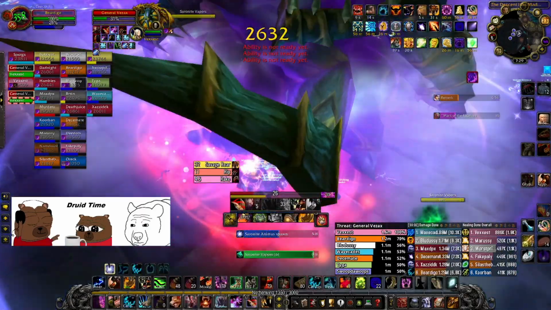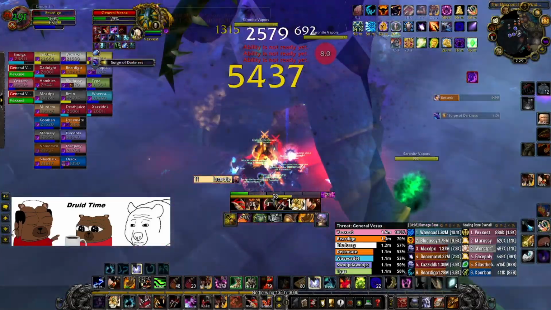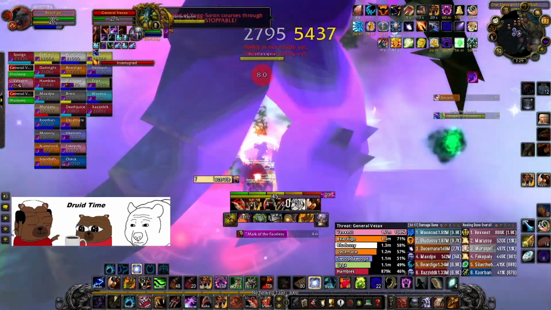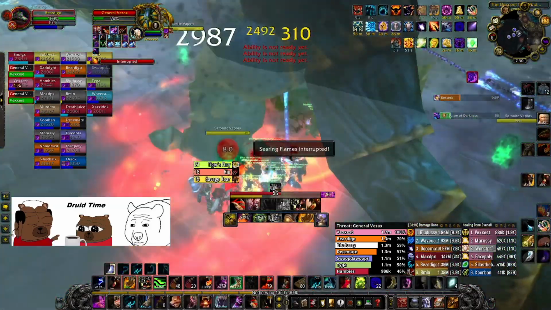There's 12 seconds plus a 2-second extension from the glyph left on Rip. That's what the little icon is in the bottom of my Rip. You'll see it says 1 right now, in a second it'll say 0. That's how many extensions I have that are 2 seconds each from my Shred glyph. At this point, I have Berserk up, but I'm going to...